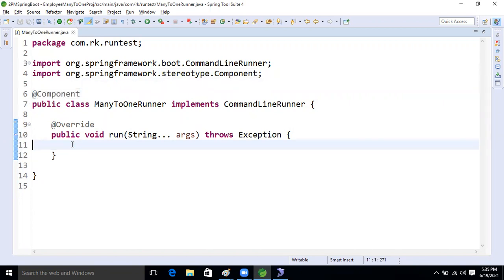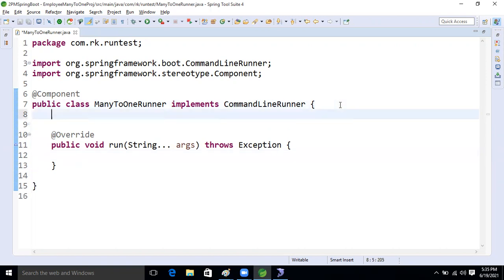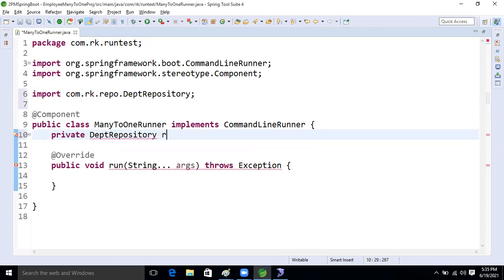So we have to run it. If we want to save the data, what will we do now, guys? First we have to create the object of the parent class, DeptRepository, deptRepo.